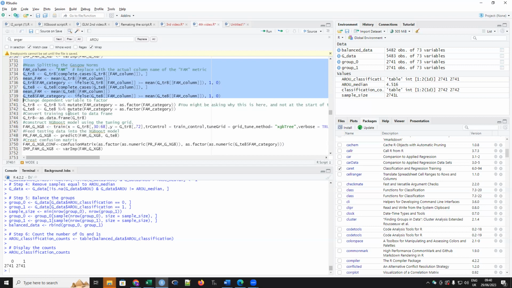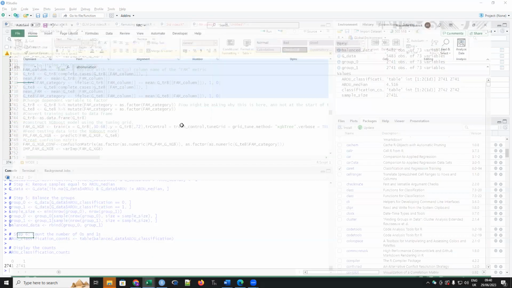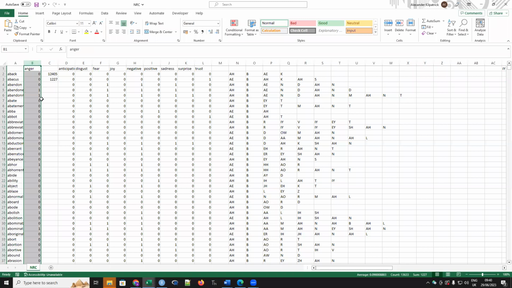Now, this shouldn't be too big of a problem for the Glasgow norms, but if we take a look at the NRC data set, this is mostly comprised of null values. I've done a count here, all instances of 0, all instances of 1, and we can see that it's a 9-to-1 distribution of null values to values of 1 for the anger variable in the NRC dataset.